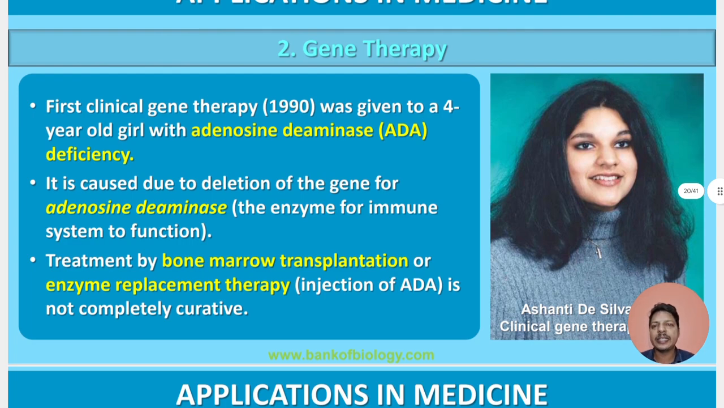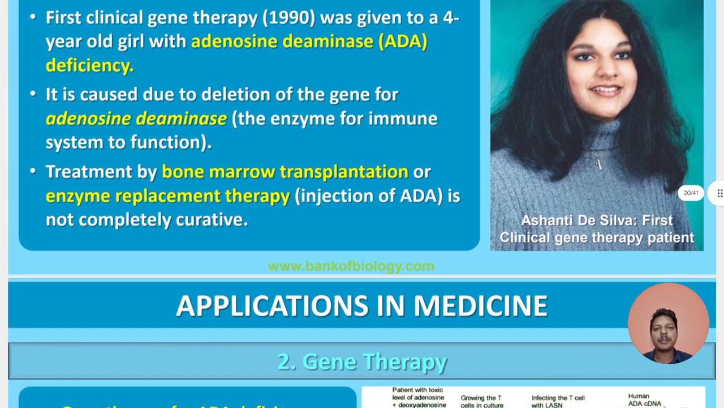The first clinical gene therapy, in 1990, was given to a 4-year-old girl who had ADA deficiency, adenosine deaminase deficiency. It is caused due to deletion of the gene for adenosine deaminase. Treatment by bone marrow transplantation or enzyme replacement therapy is not completely curative. So